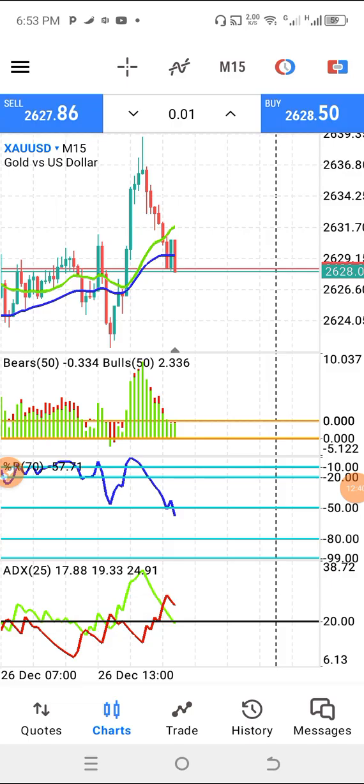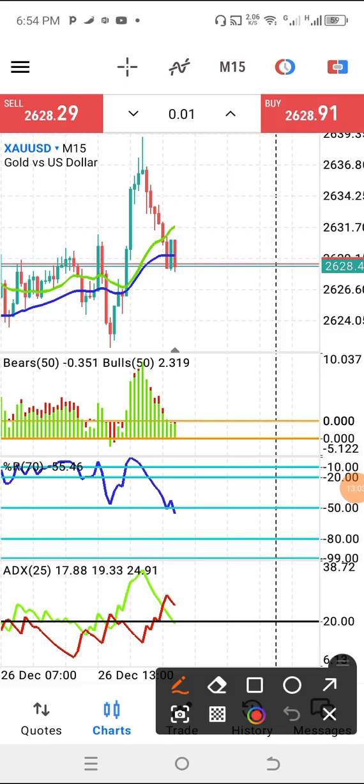Now you can see that price is still showing good momentum towards the downside. The bear has started printing below the level 0, but the bull has not started printing below the level 0. Sometimes what I would suggest is that before taking entry, you see that the bear, which is the red one, has dropped below the bull negative 0 line. What I mean is that this bear power, immediately it starts dropping below